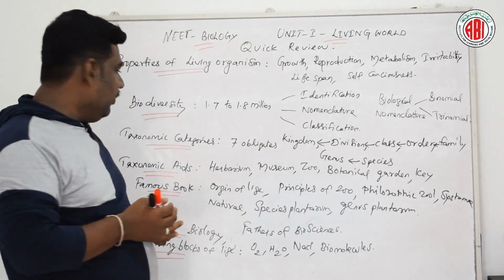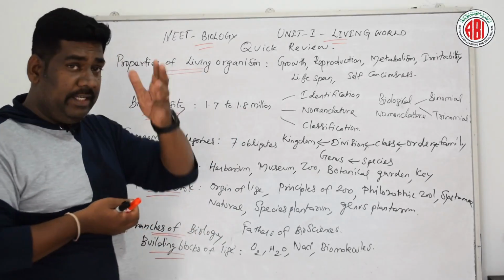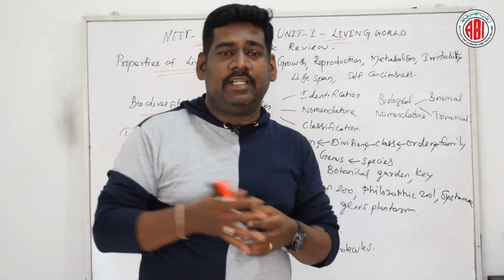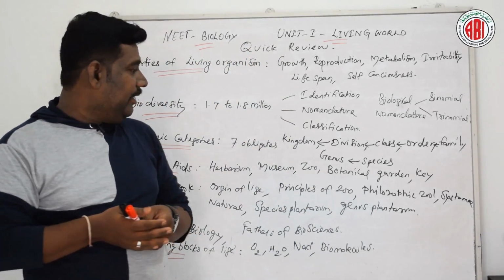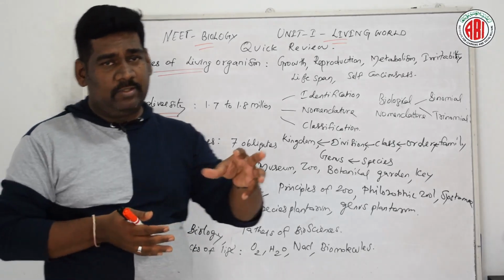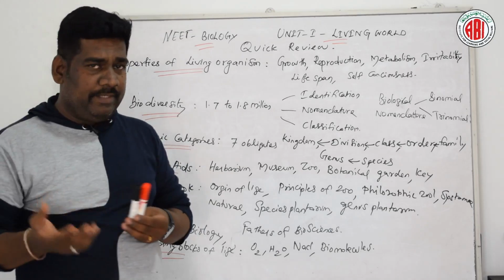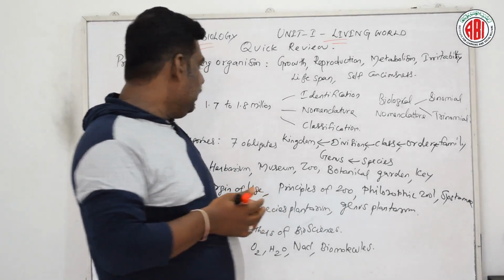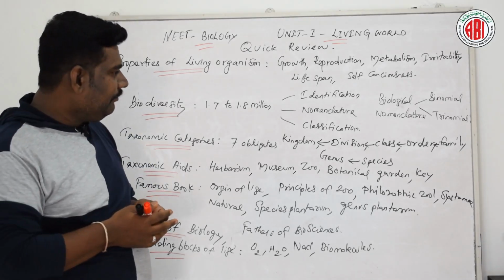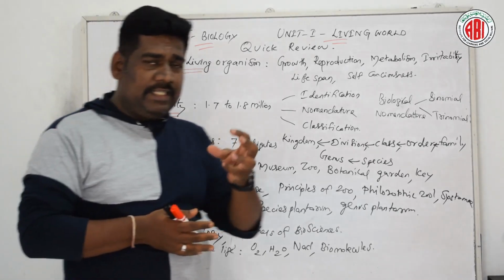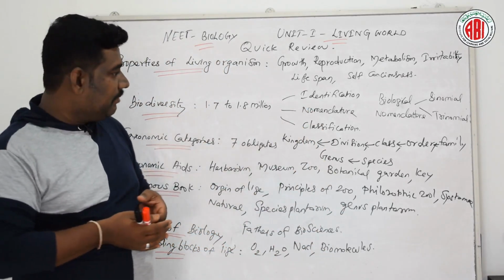So far there are 1.7 to 1.8 million species, of which 0.5 million are considered plant species, and the rest are animals and other species. The biodiversity topic leads to further subtopics like